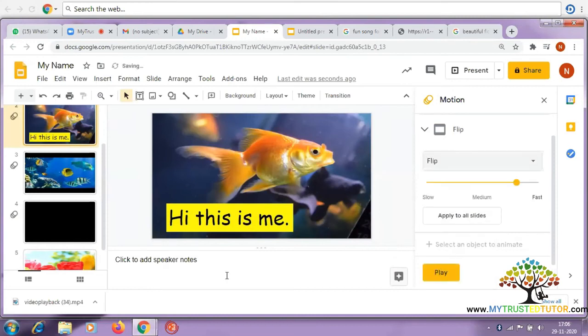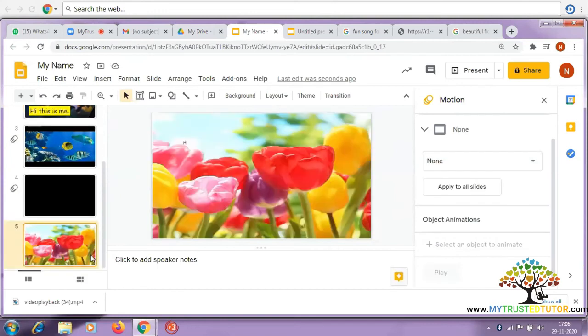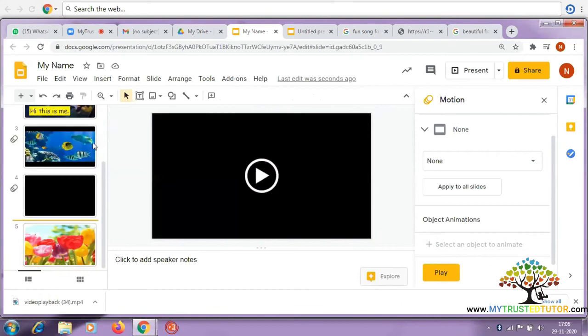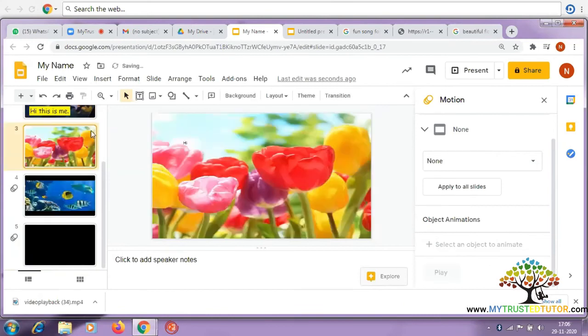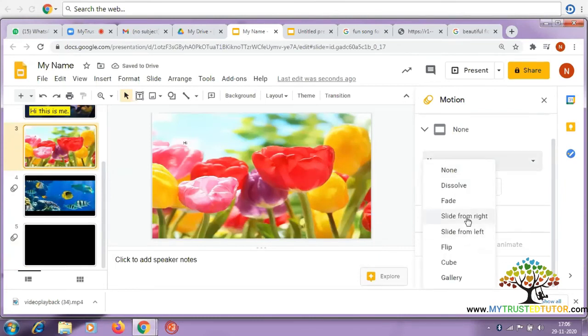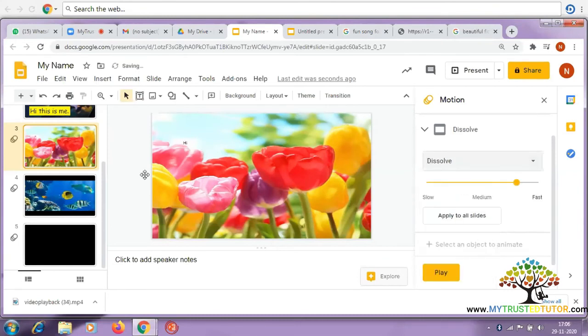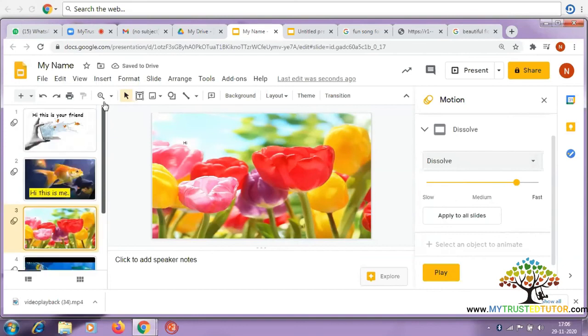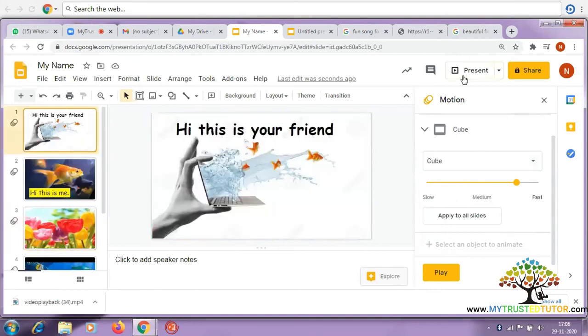I've taken it as flip, and the next picture I do as dissolve. So now when I present it to my children in the class, it comes like this. I'll just present it to you.